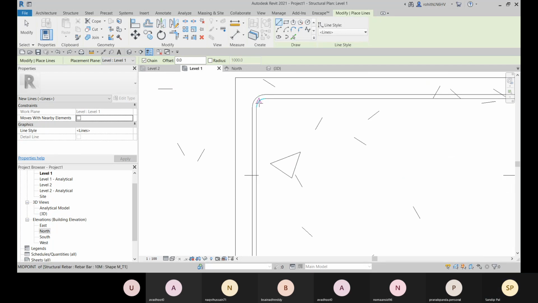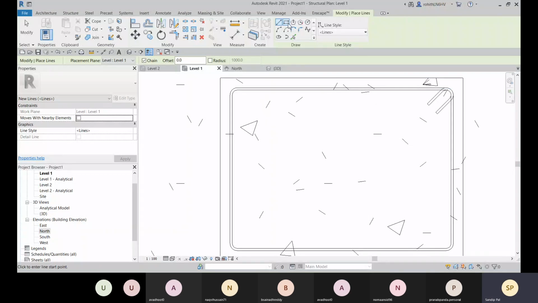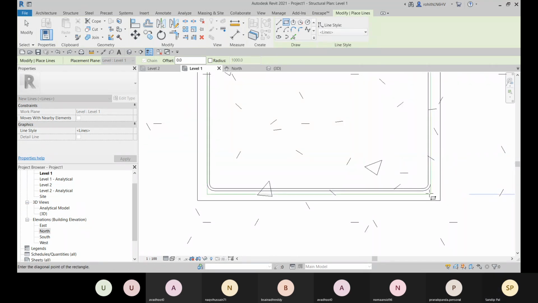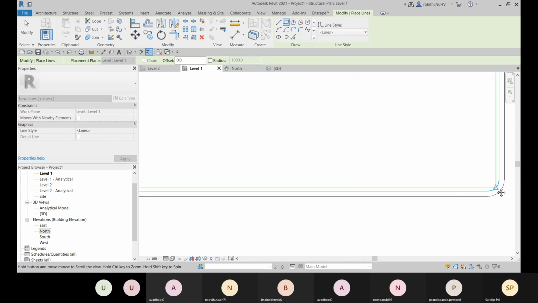So however you want to place it, you can just give it a line or something like that. You can mark it here.